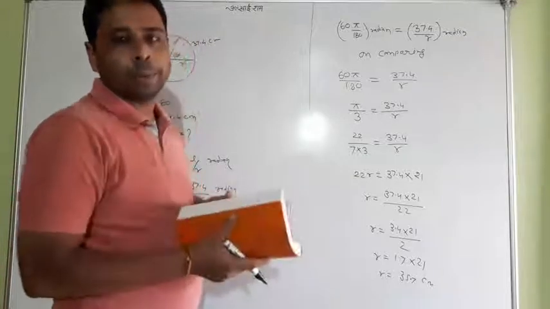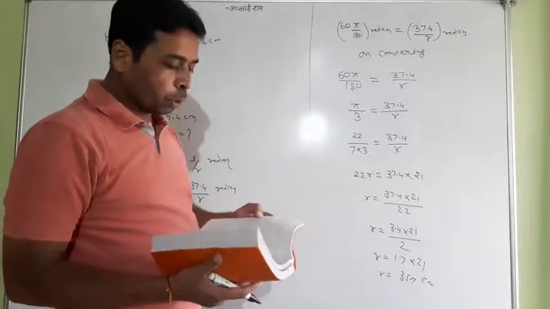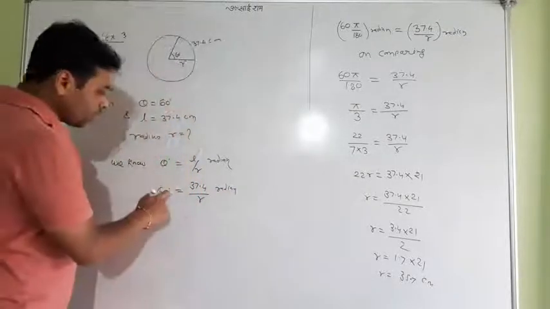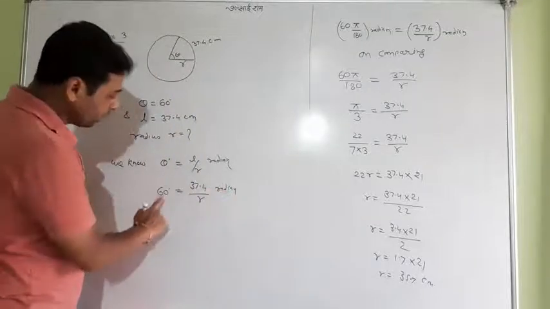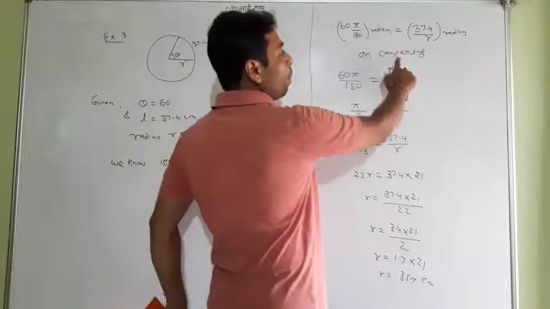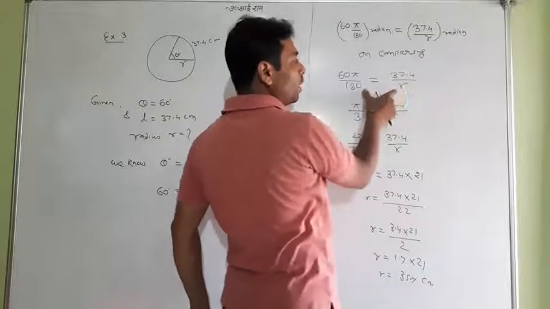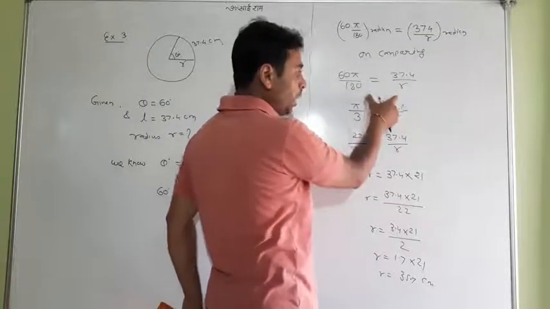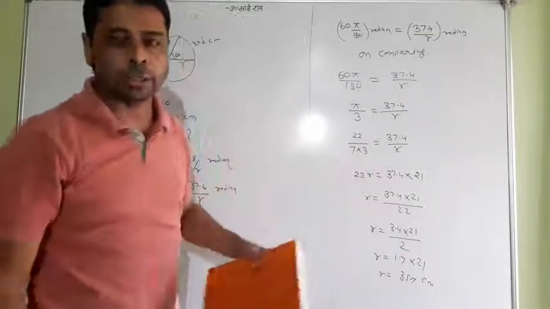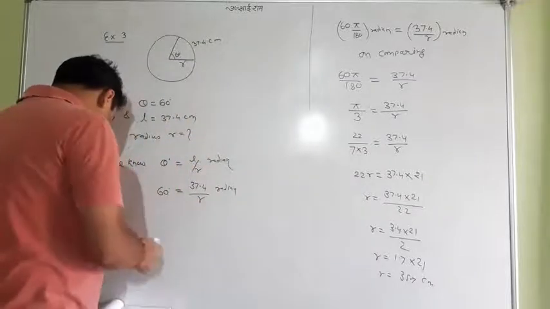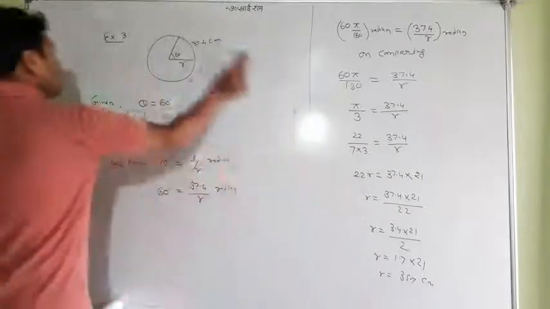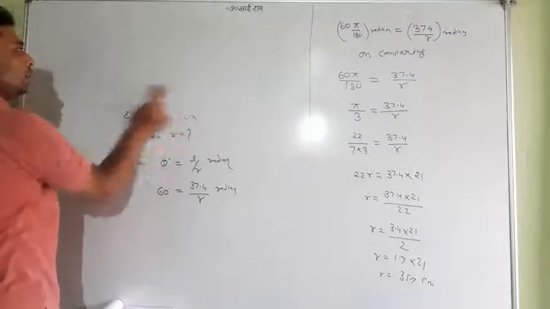So this is very simple. But the important thing you have got here is that if it is degree, you have to turn the degree into radian, and then you can compare. So radian will not be written on both sides; both will be eliminated from each other, and the rest will be solved and you get your answer. So this is the question. Now I will move on to the next question. Next example I'll take.